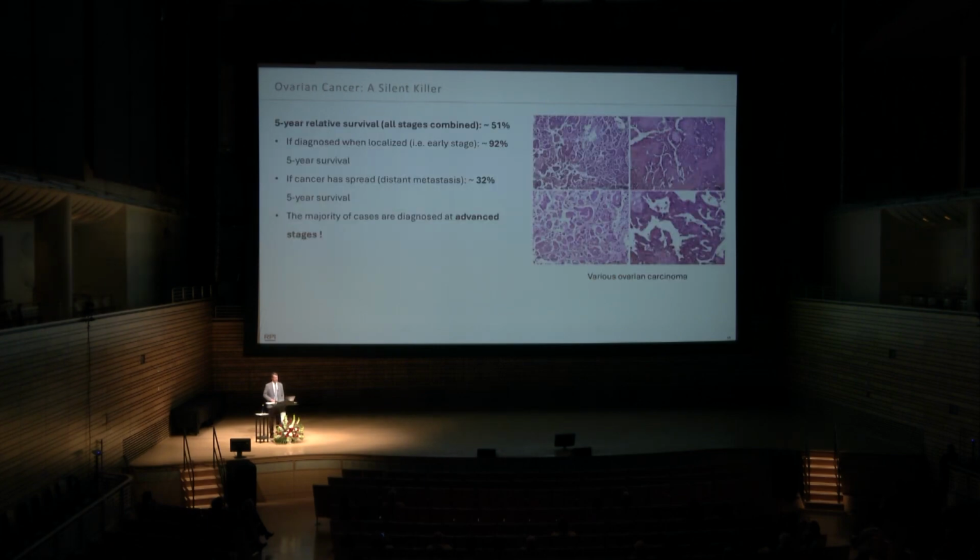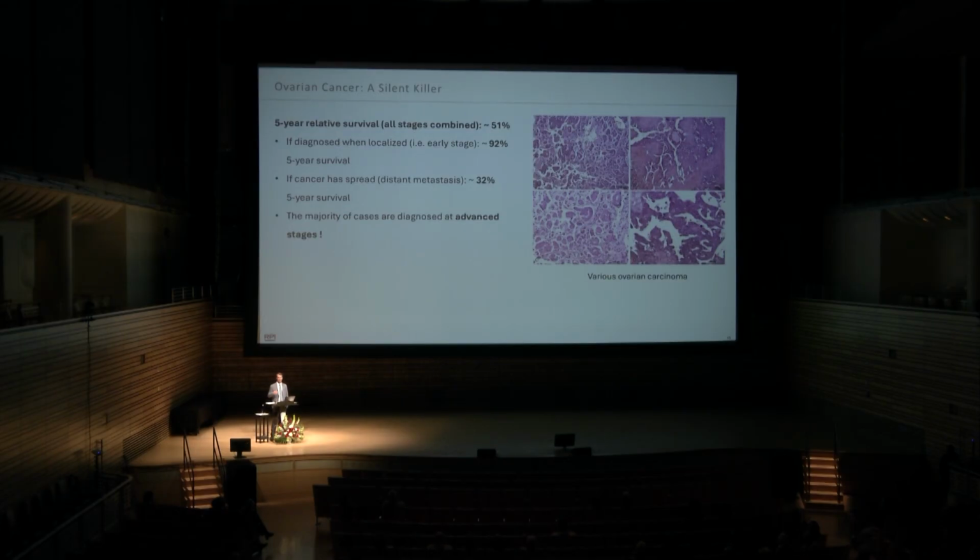We've also looked at ovarian cancer. Ovarian cancer is a very deadly disease because it's almost always caught very late, at a late stage. The 5-year survival rate for ovarian cancer of all types is around 51%. If it's diagnosed early, that survival rate can be increased to around 92%. So that's a huge outcome if we can detect this disease earlier.